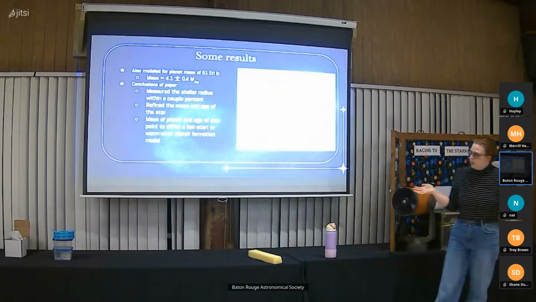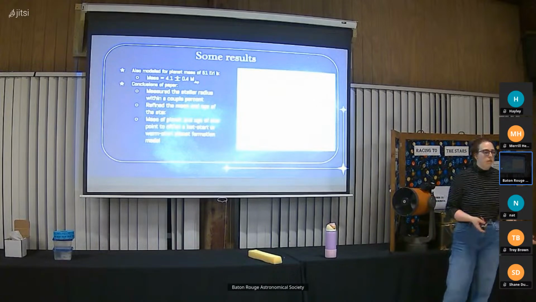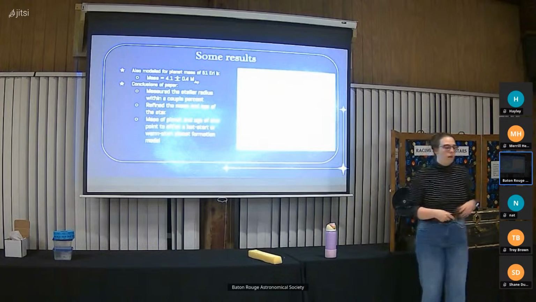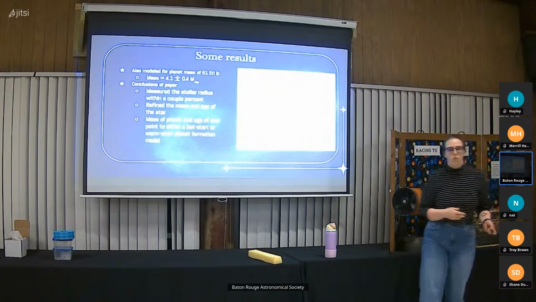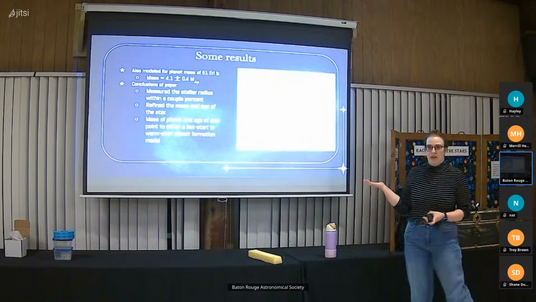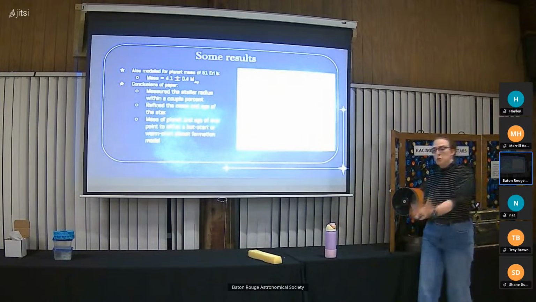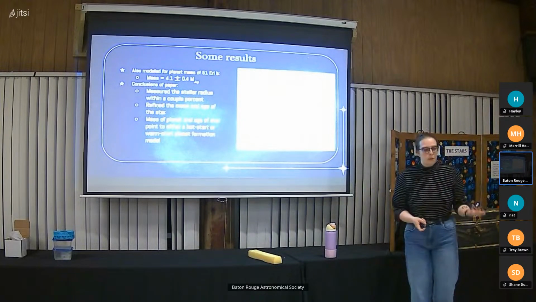And measured stellar radius within a couple of percent for time, mass, and age, and also got the mass of the planet and the age of the star. And with that, I can also point to what type of planet formation this planet followed. So we concluded that we couldn't conclude which form yet in this data, but we're pretty sure that it's